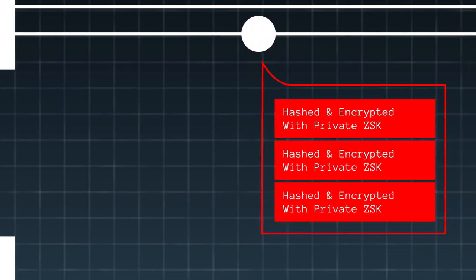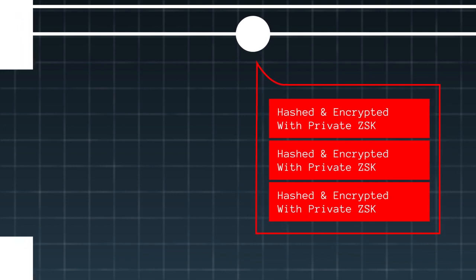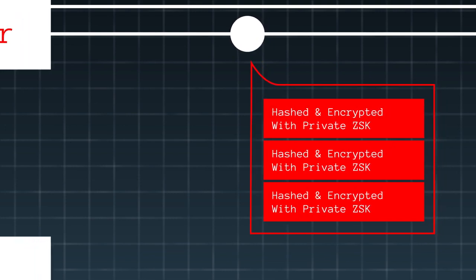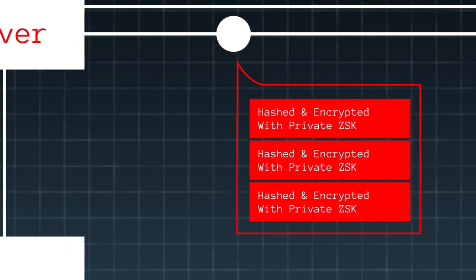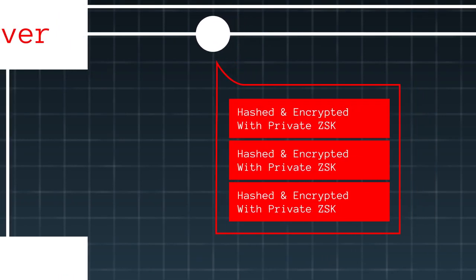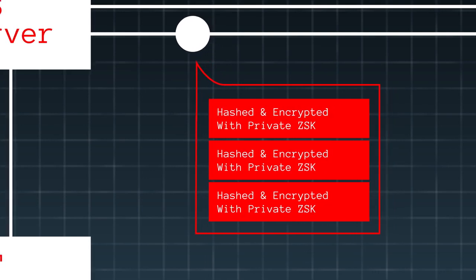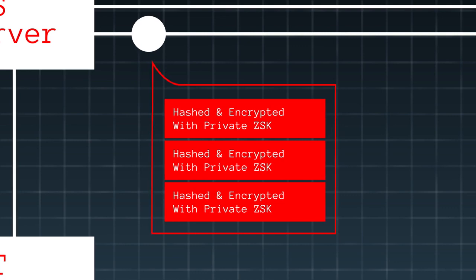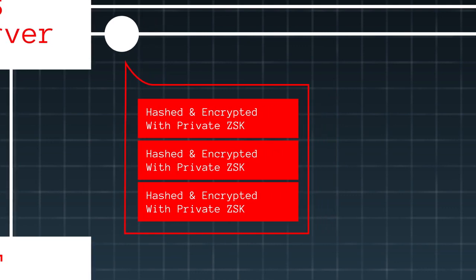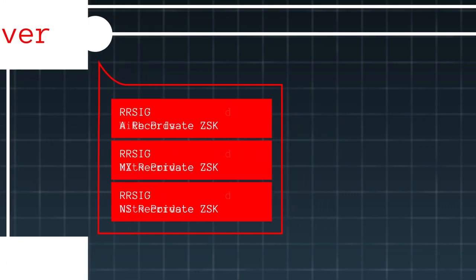For instance, a response could have multiple A records, MX records, and NS records. Each of these groups has a signed hash sent in a new DNS resource record type